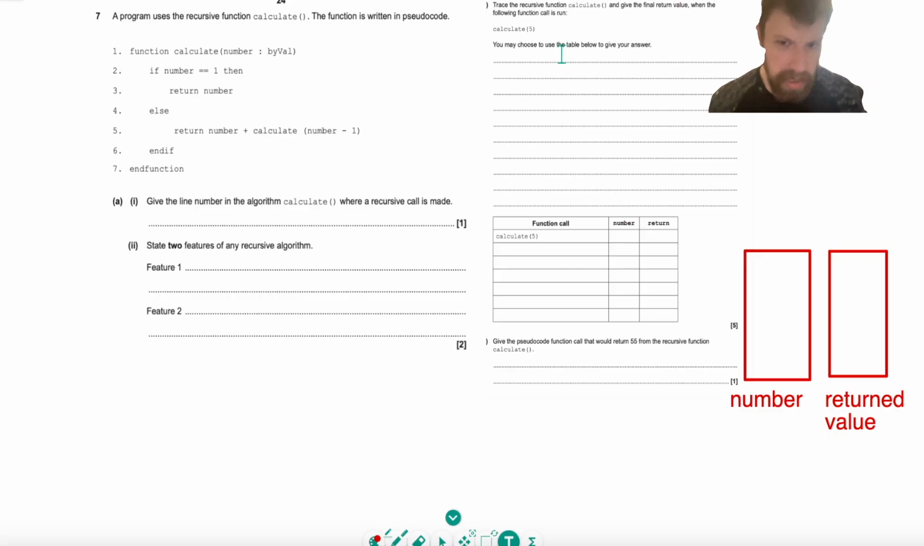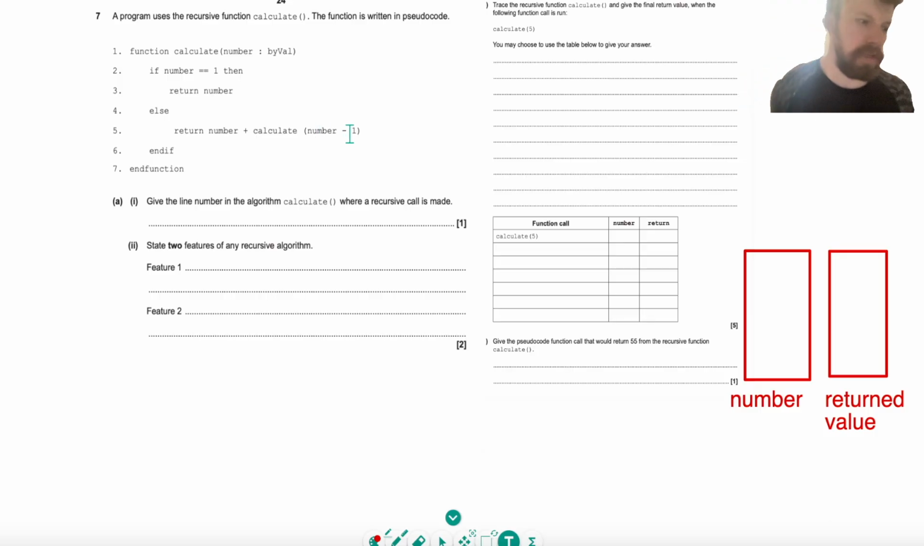So the number we're putting in there is 5. The process of what's going to happen is 5 goes into this as a parameter. It isn't 1, so it goes to here. And then we have number, so 5 plus another function call, which is going to be 5 minus 1, which is going to be 4. The confusing part of this is it doesn't actually add anything at this moment in time, which I think a lot of people get confused with. This actually goes into a